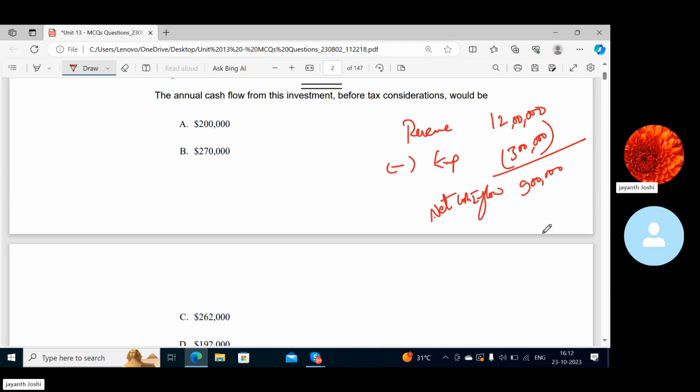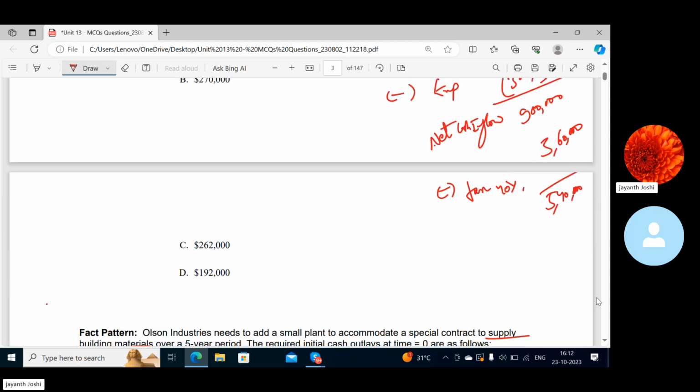Okay, and then see, one, the tax has to be paid, less tax, 40%. So 3.6 lakhs. We'll get 5,40,000, right? And then see, this is not the only thing. We have one more cash inflow. This is what is going to be for every year. We have just found out the cash flow, but depreciation tax shield is also there,